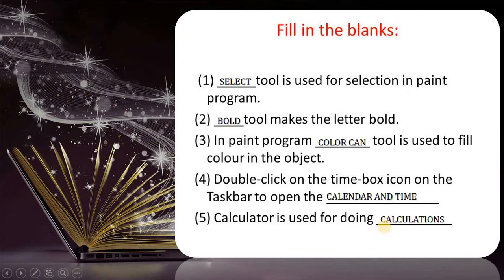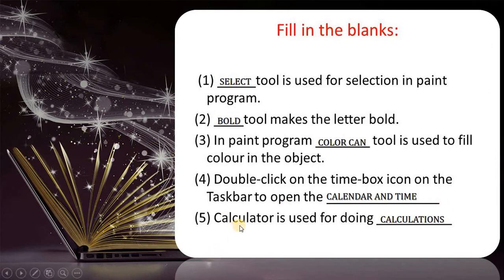Right, it is in the WordPad program also, but now here the blank is asking about the taskbar, the bottom of the desktop. In the desktop taskbar, we have the calendar and time in the right hand side corner. See where our calendar and time is on the desktop, on the monitor screen.